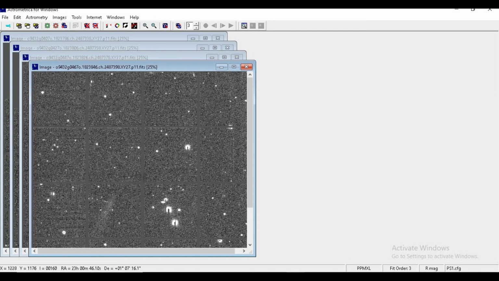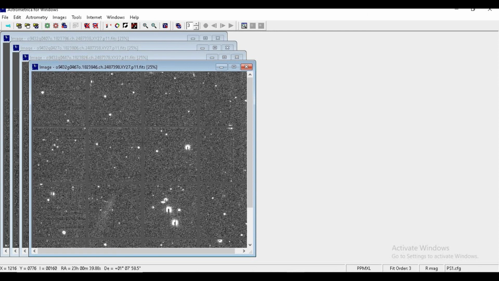Now I is the intensity. If I move my cursor to a very bright source, the I value is 1629. Now I am moving it to these gray lines, and the I value has dropped to 160.